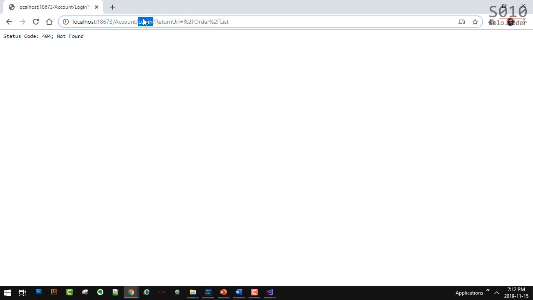Now, in this case here, again, it's not MVC. This is done by the identity framework. This is the identity framework saying that, hey, by default, we expect you to have a controller called account and an action called login. You can change that, but again, let's not go that far. Let's take care of creating them here, okay?